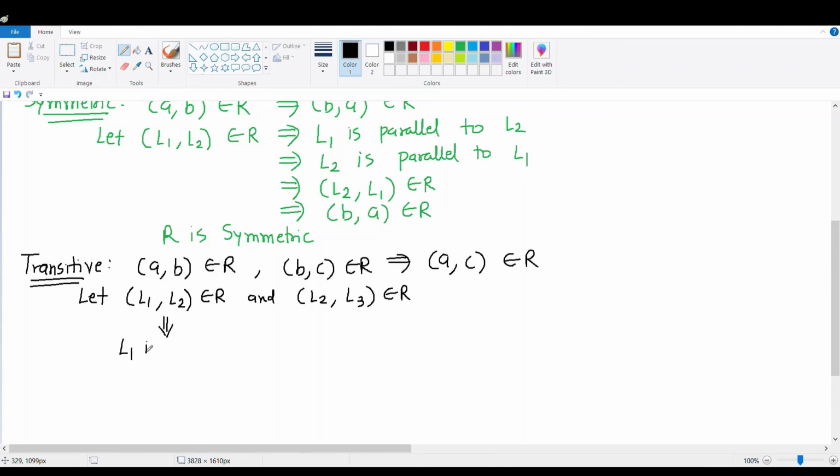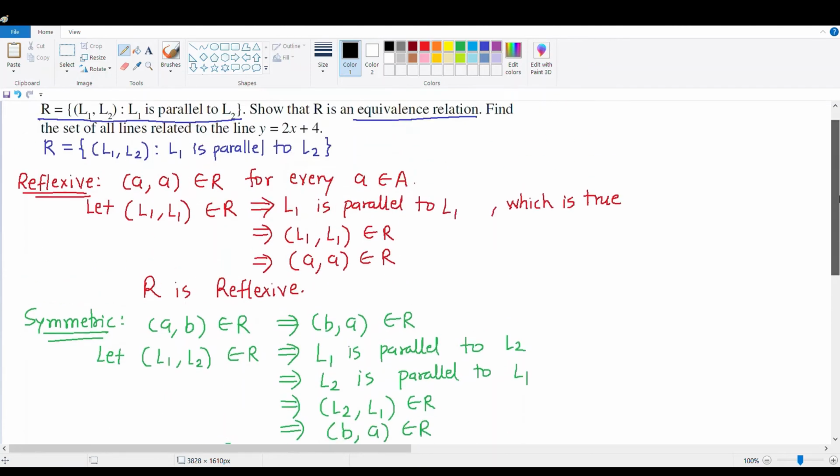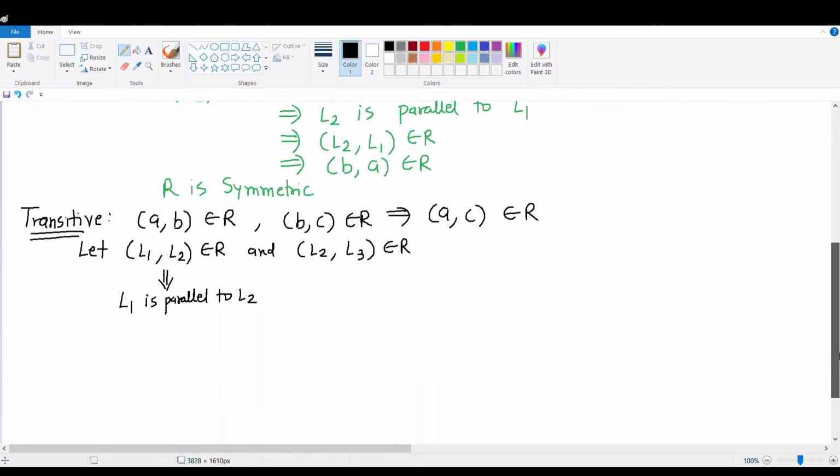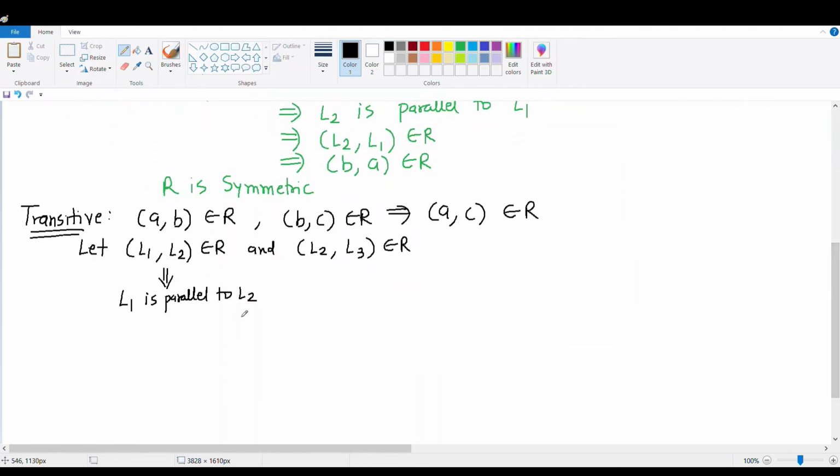That L1 is parallel to L2, because that's what we are given, right? See, L1, L2 such a way that L1 is parallel to L2. So if (L1, L2) is in R, that means L1 is parallel to L2. And if (L2, L3) is in R, that means L2 is